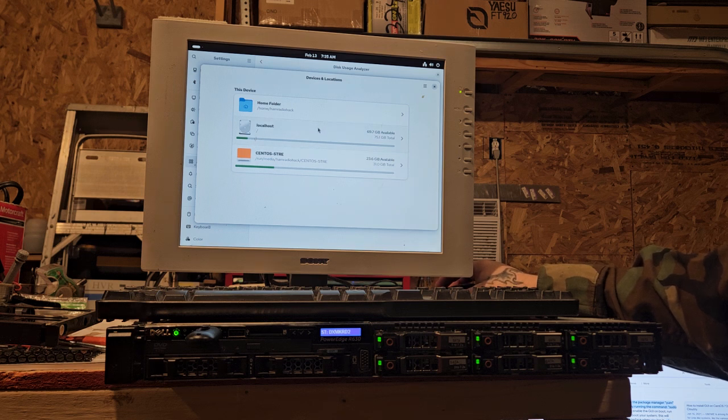I'm not really sure what we got here. The 23 gigabytes. I don't know what exactly.